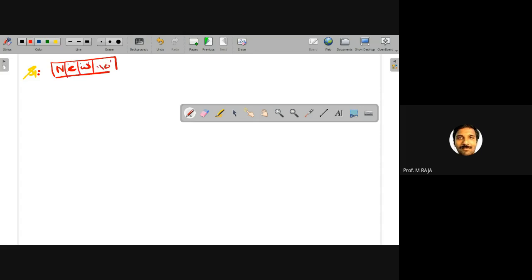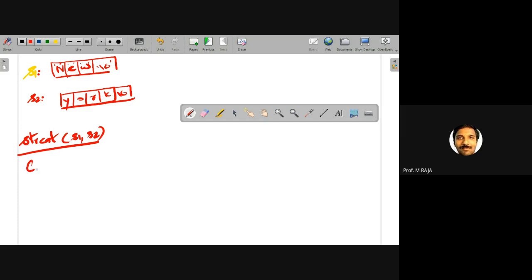All are characters, so I put single quotes. s2 is capital Y, O, R, K, and the last character is null. strcat(s1, s2) means it concatenates s1 and s2, and the updated value of s1 is printed. Since s1 is New and s2 is York,